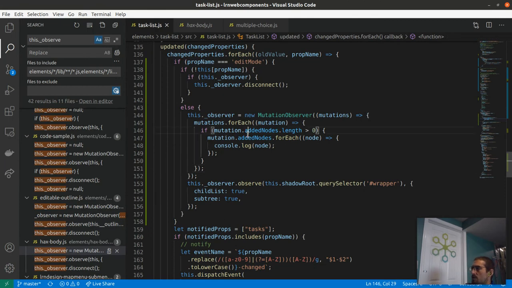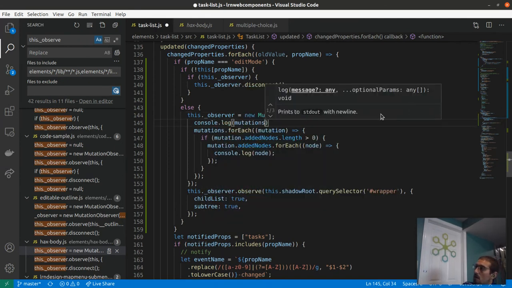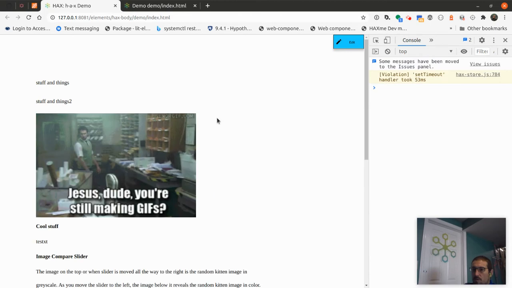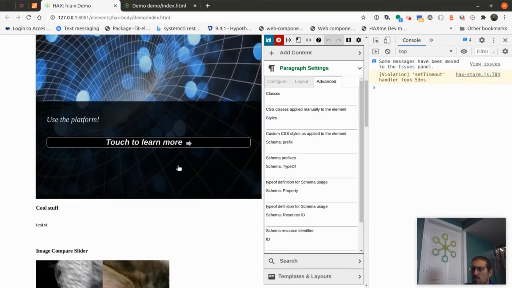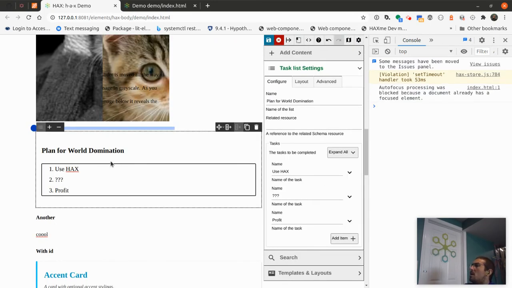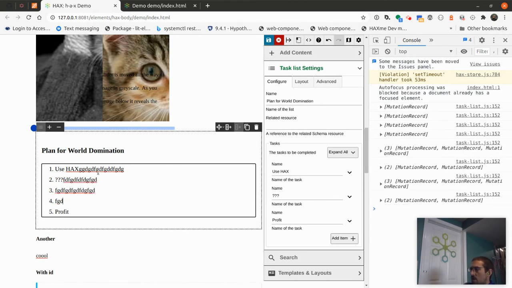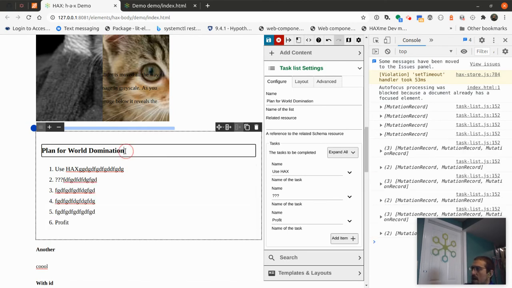Now, I don't want to do it just on added nodes. I think the way I want to operate is I want to say anything has changed. I don't care what the mutation is, right? I just care that there are mutations. So let's do console.log on the mutations. I don't care what it is because I have to then read that data back in and translate it from a state management perspective into LitElement's properties. I know I said I was going to do this on camera, but I actually don't think it's that hard. So now when I type, we get mutation records. And then I hit enter, mutation record, enter, mutation record, mutation record. Okay, and then hopefully on this one,